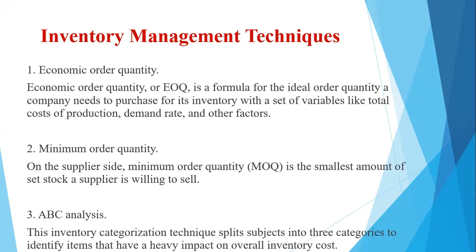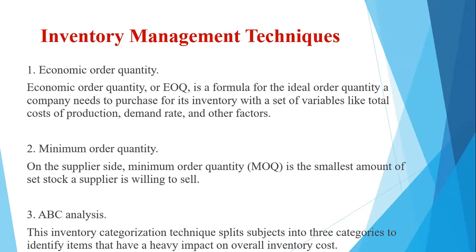Now here it is being looked into that every time you place an order, there are two costs involved with the ordering of quantity. First is the ordering cost, and second is the stock carrying cost. So economic order quantity is that quantity where both the cost of ordering the inventory as well as the cost of carrying the inventory in the warehouse or godown is kept to the minimum. Accordingly, the quantity is calculated.